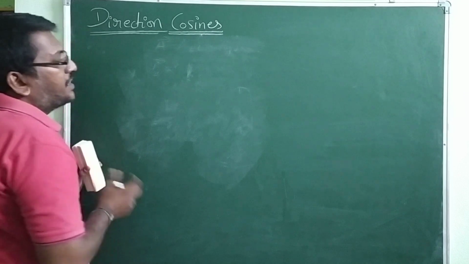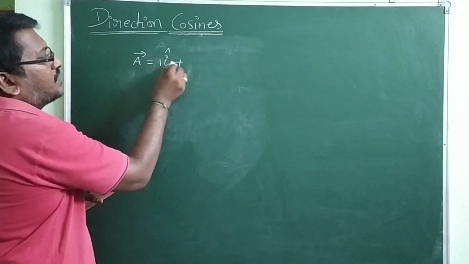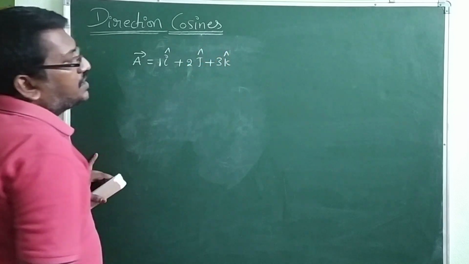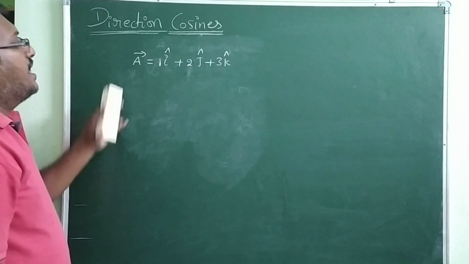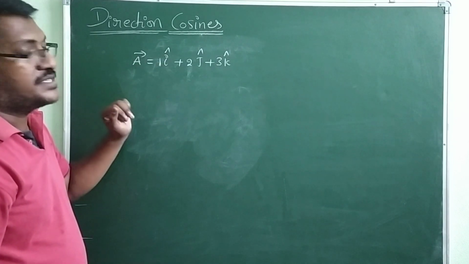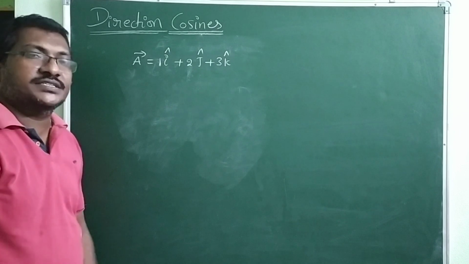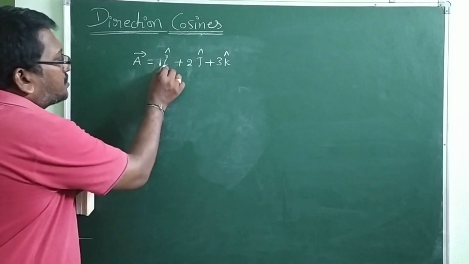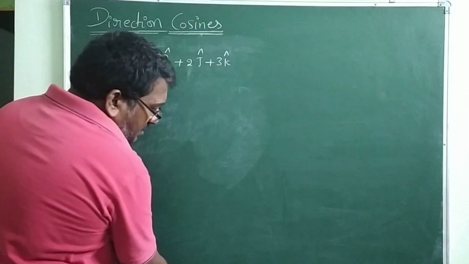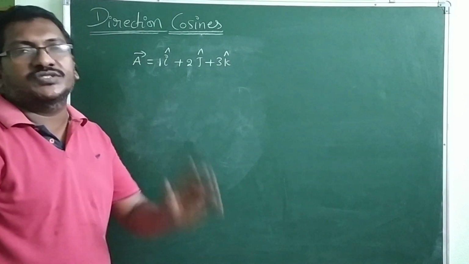I am giving the vector in 3-dimensional motion. That means A bar is equal to 1 i cap plus 2 j cap plus 3 k cap. In this case, what is the direction of the vector? That means, Nana, the vector makes some angle with x-axis and some angle with y-axis and also some angle with the z-axis. 3 dimension is there, Nana. So in that situation, you can use the direction cosines. What is the direction cosines means, Nana? These are used to determine the angle made by the vector with x-axis, y-axis and z-axis.